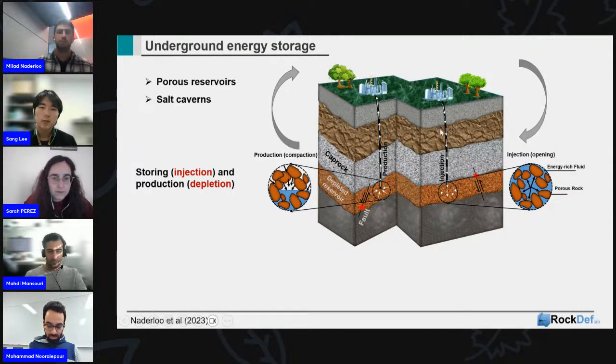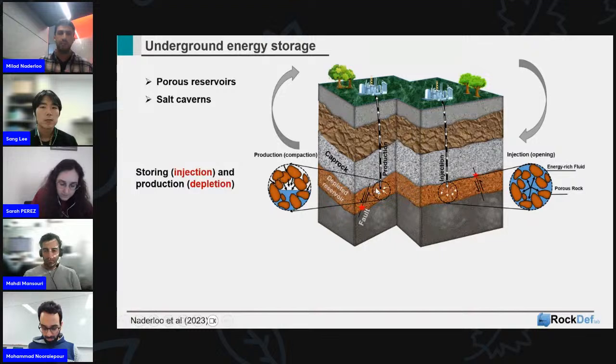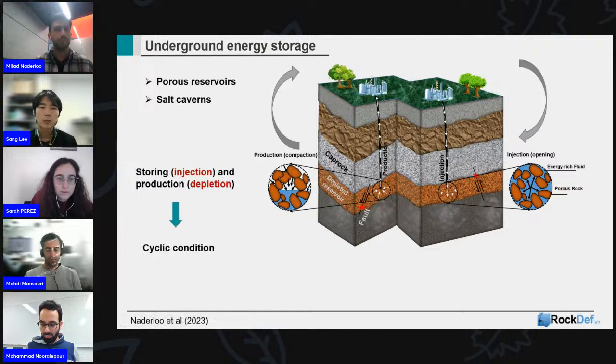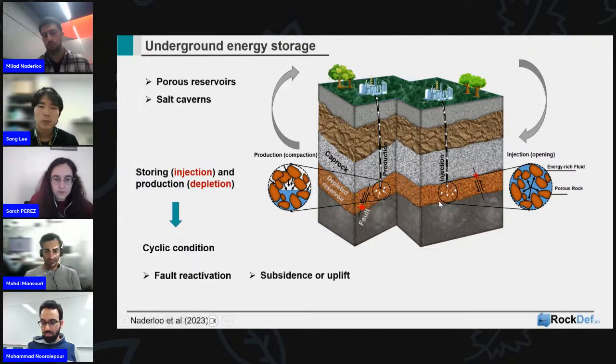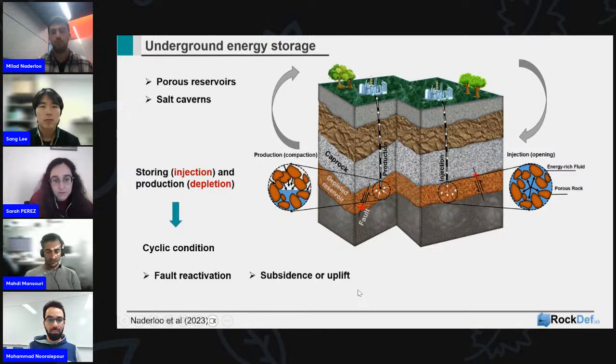So what is happening in this process? We are applying a cyclic condition on our reservoir. It's like a dynamic condition with different frequency and different amplitude that we are imposing on our reservoir. If we expose materials to cyclic loading, they behave differently. It's not just load, it is also temperature from injecting the fluid, and chemistry can also play a role. But let's just focus on the mechanics here: by applying the cyclic condition, you are imposing change on your effective stress that can drive fault reactivation, subsidence and uplift, which is a big concern nowadays for